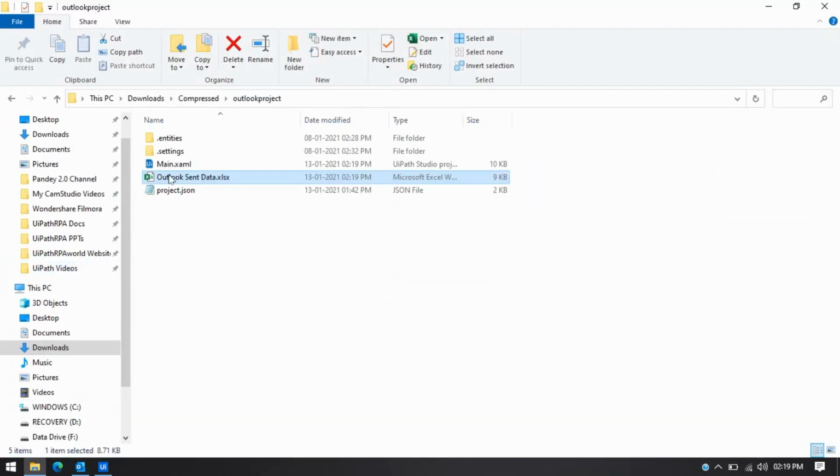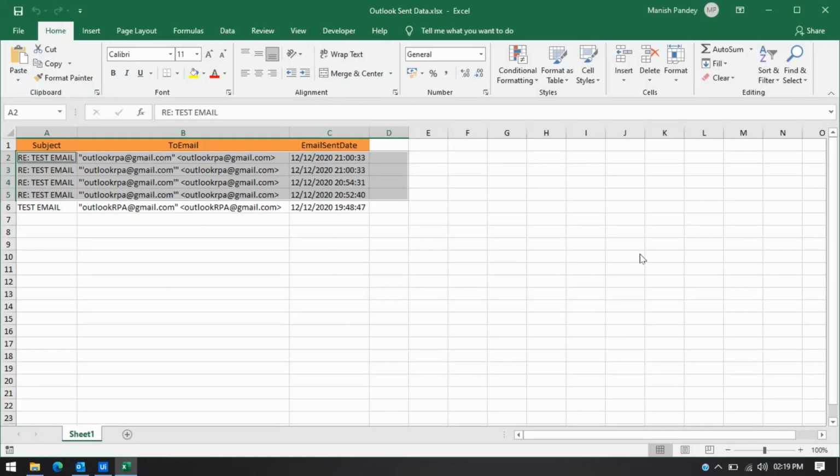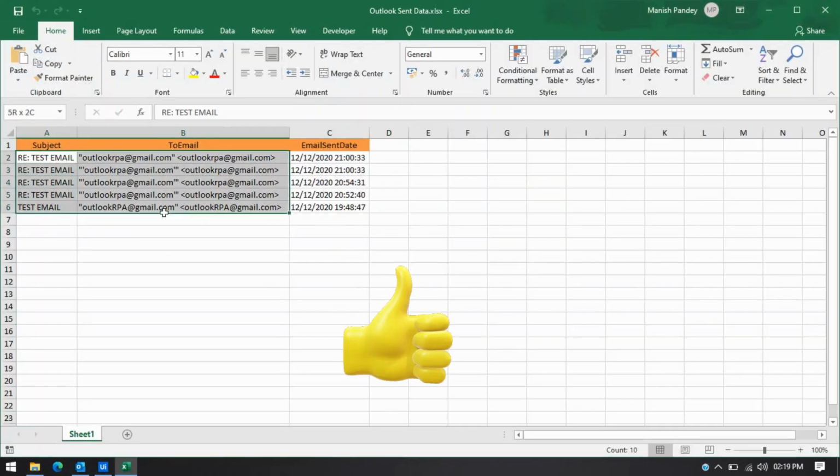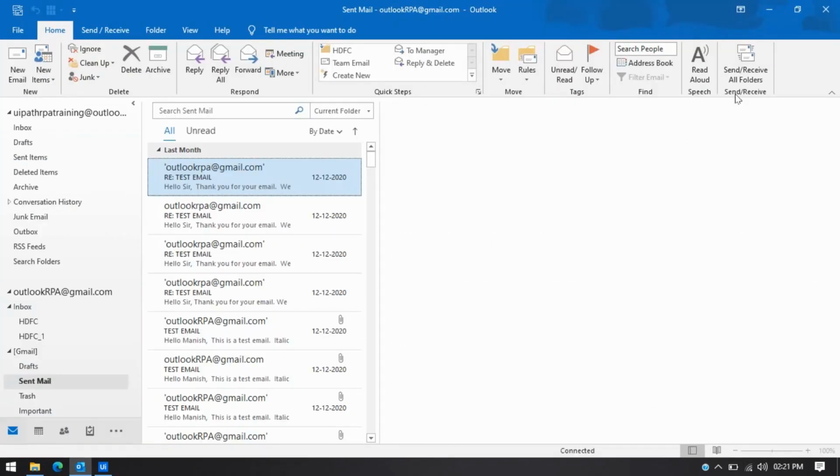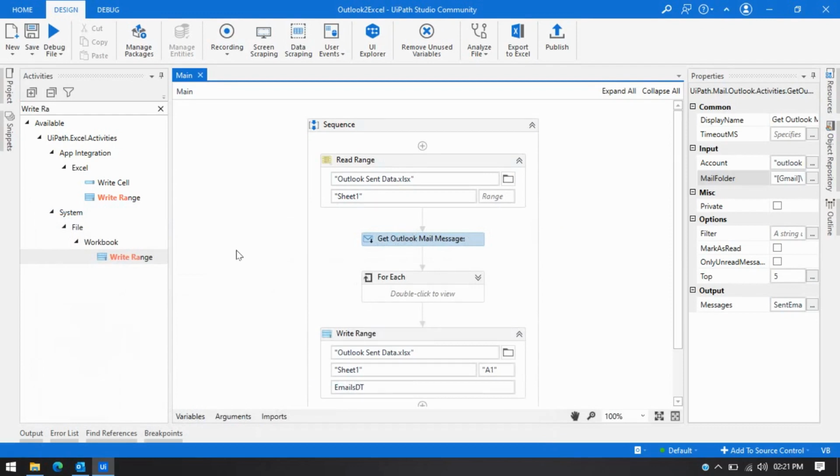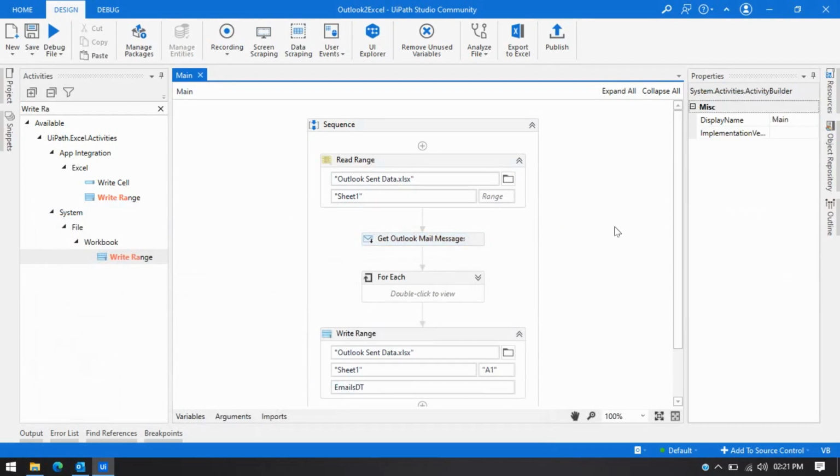And let me show you now this Excel, and yeah, you can see we are able to capture emails from sent mail, right? So in that way you can extract email from sent email and write to Excel file.